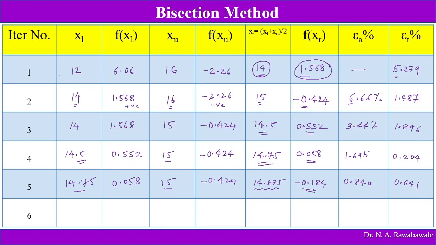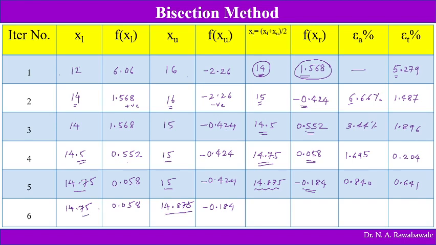As this is negative, it replaces upper limit. So upper limit is 14.875. If this is positive, it replaces lower limit. If it is negative, it replaces upper limit. So minus 0.184. So this lower limit is carried forward as it is, 14.75. So now average of these two,